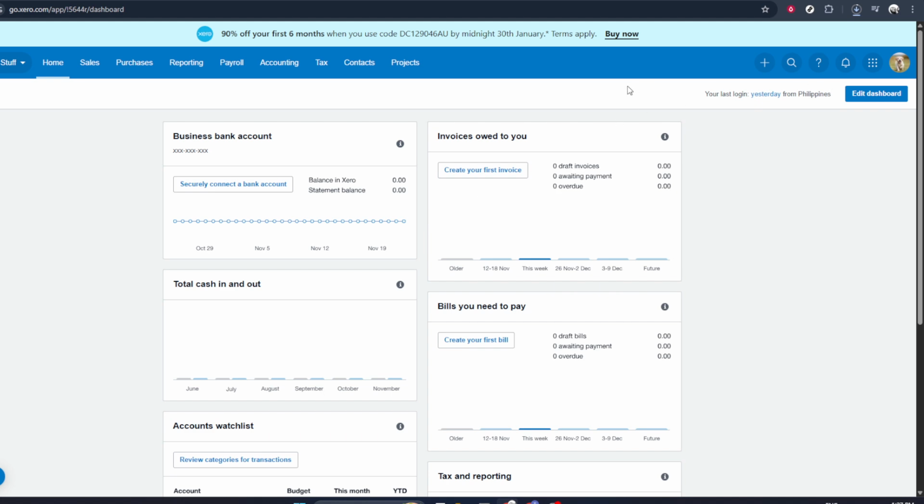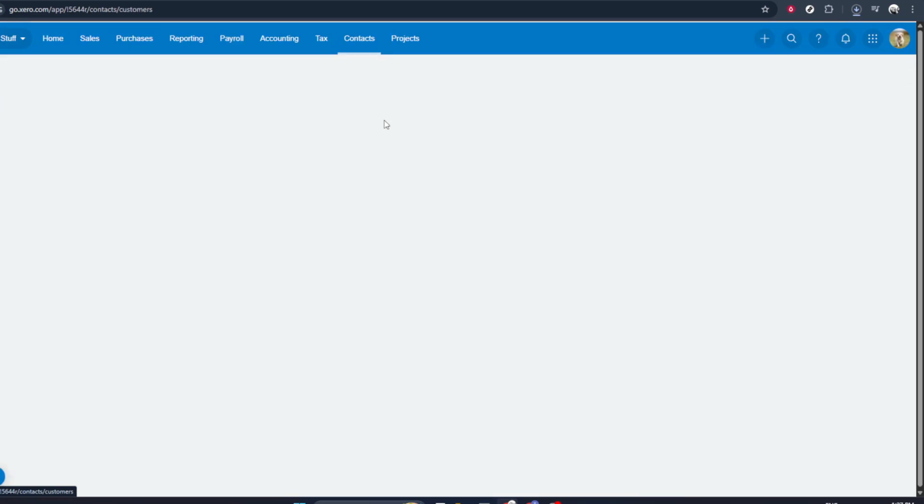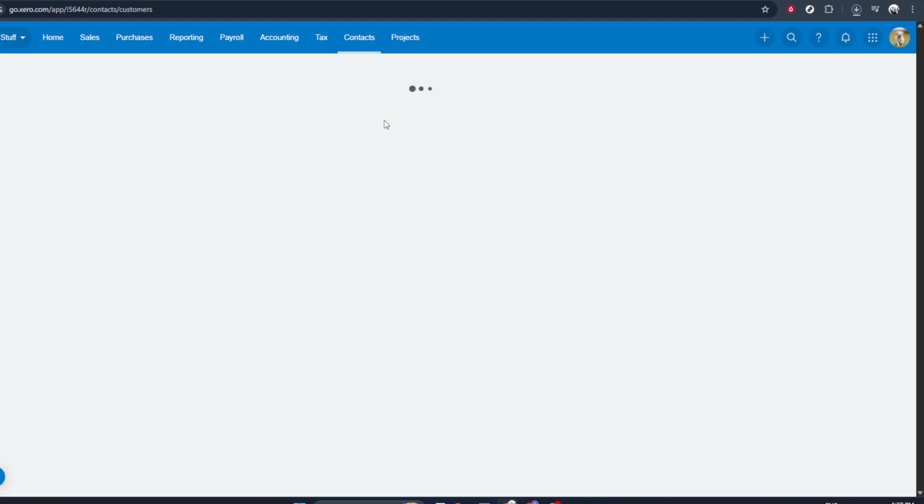Once you're on the Xero dashboard, look towards the top of the screen and click on Contacts. This is where Xero keeps all of your customers and suppliers. After you click Contacts, you'll see a few different options. Go ahead and click on Customers. This switches the view so that you're only working with your customer records, which is exactly what we need for